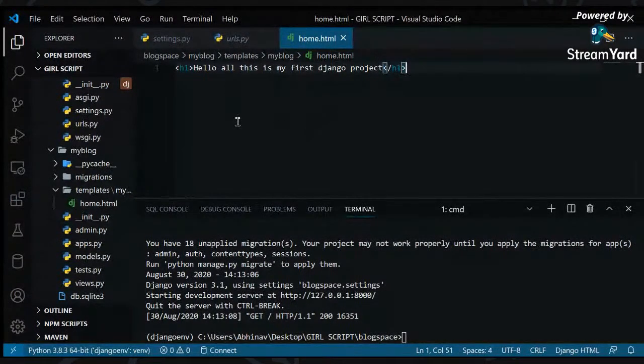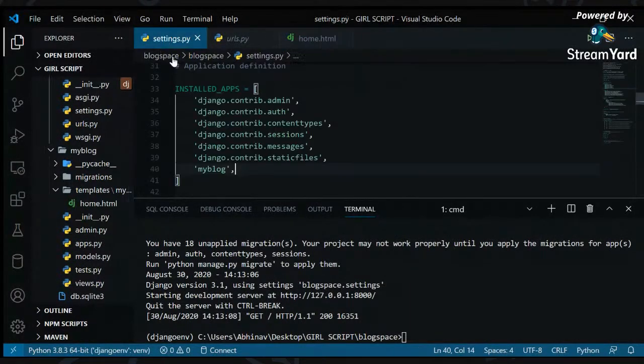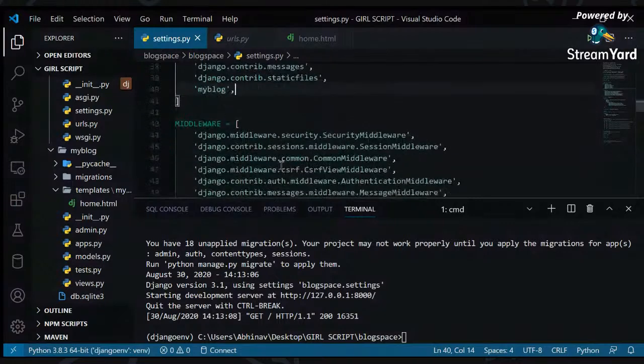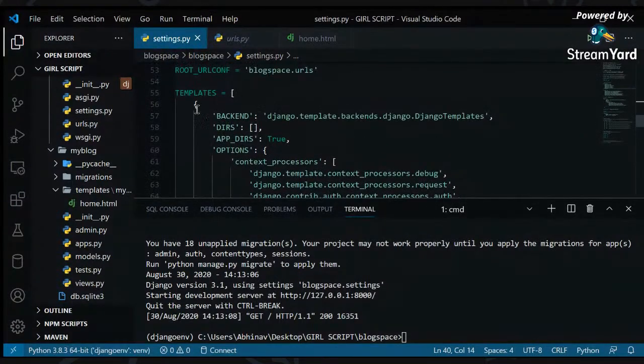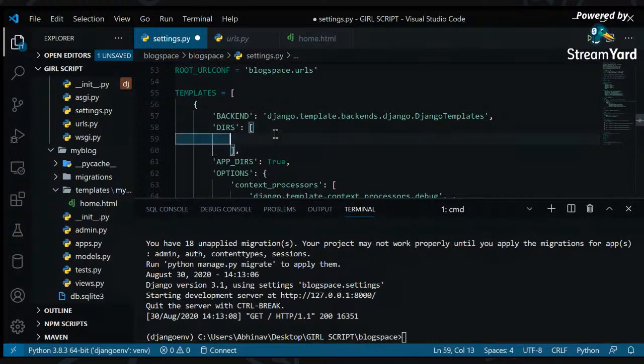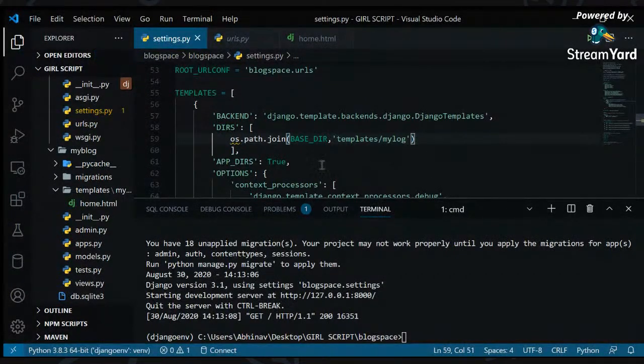Once you created this home HTML, let's go to settings.py of the blog space, and let's go down. And as you can see, there's an entry called templates, and in that there's a thing called dirs. So what we'll do is we'll write here os.path.join base dir, comma, double quotes, templates slash my blog. What it does is, whenever you create your HTML files, Django has to search through it, right? So